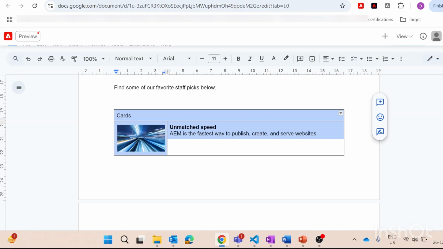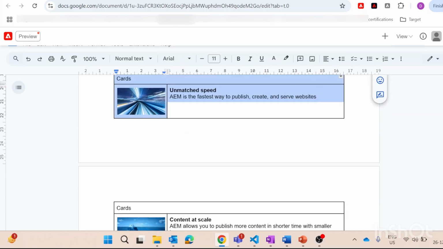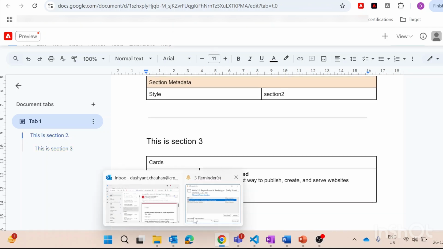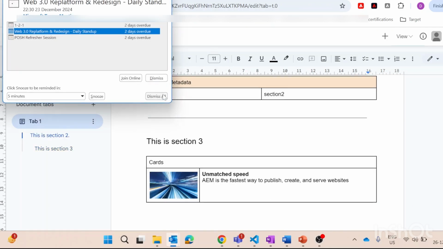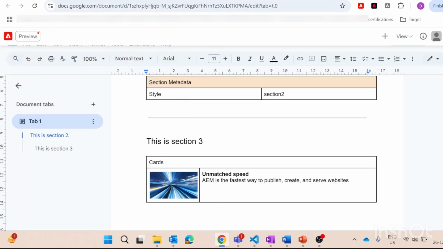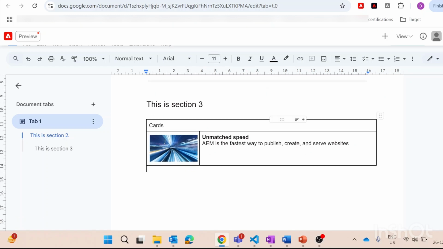So let me just copy this, okay, and then add it in section 3. So we have added